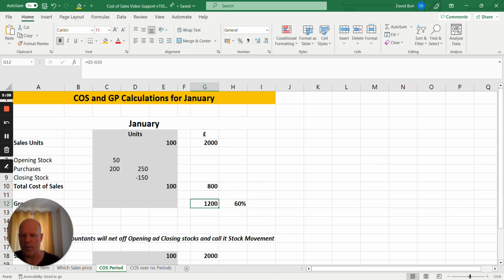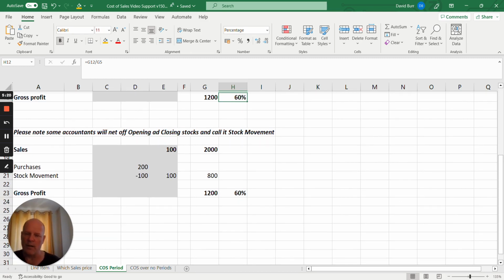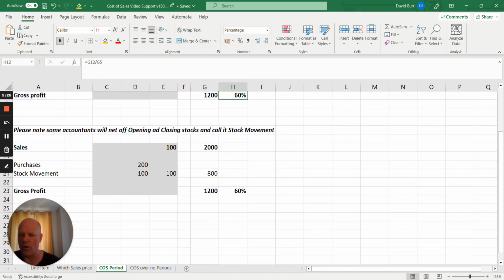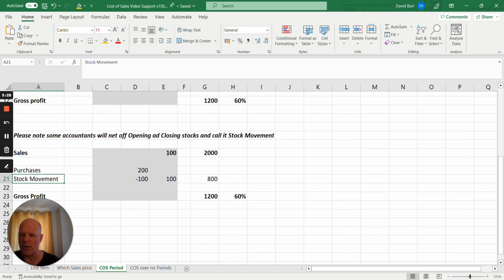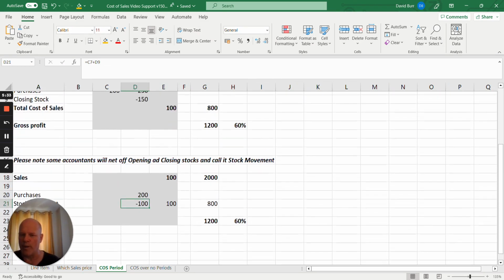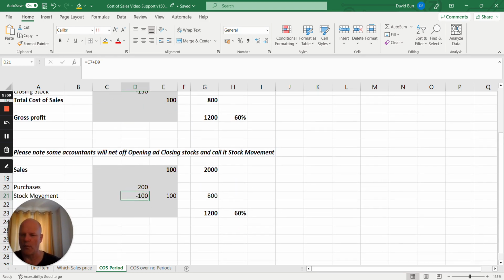Gives you a gross profit of 1,200, 2,000 minus 800, which gives you a GP of 60%. Okay, and just so you know, some accountants do this as well. Rather than putting in the profit and loss opening stock plus purchases less closing stock, we just add the opening stock and the closing stock together to give us the net stock movement. So if you see the opening was 50, the closing was 150, so altogether the stock has moved 100 bottles,